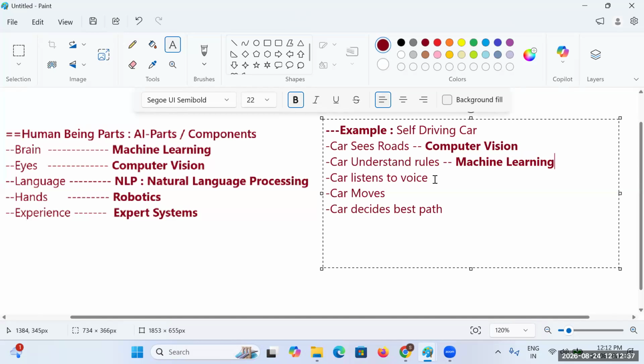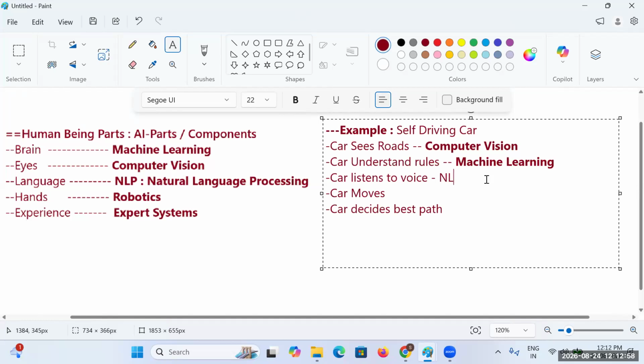Okay, then the car has to listen to voice. How will it be able to listen to the voices?